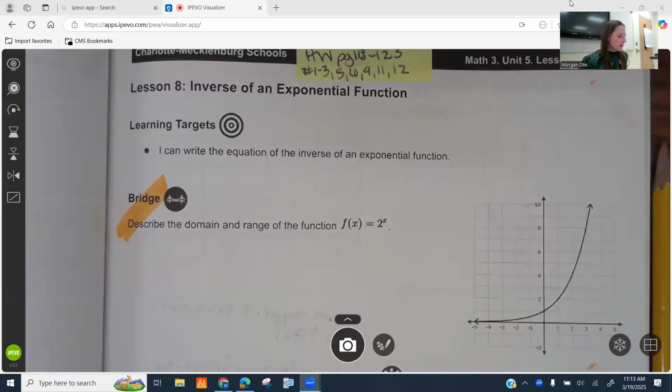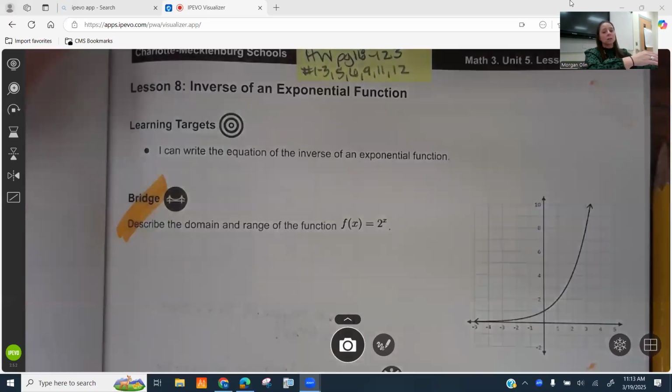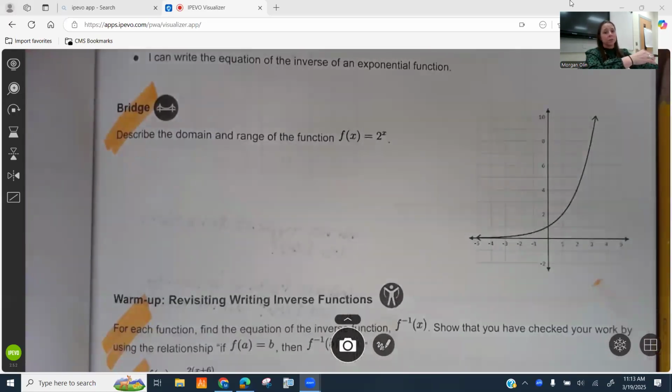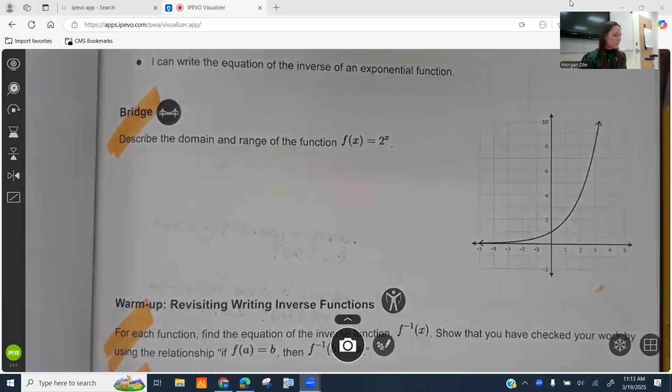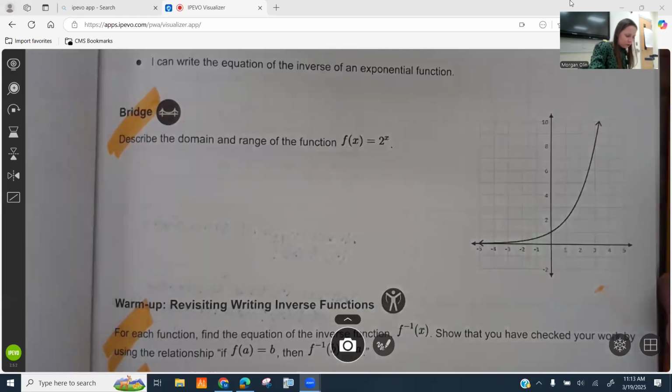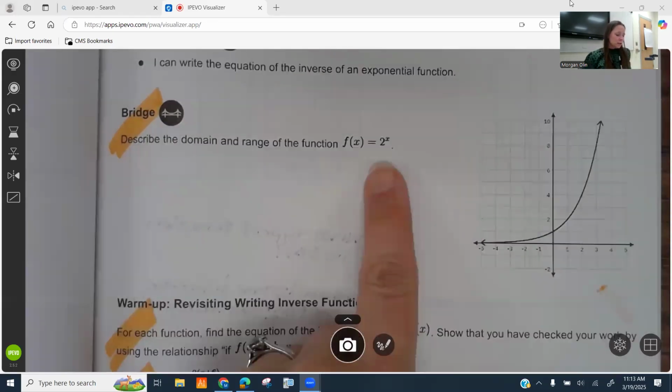We are talking about the inverse of an exponential function, continuing today, and we've talked about that. So some of this stuff is going to be a review. All right, so let's start off with this bridge. We're on page 109. Describe the domain and range of the function 2 to the x, which is